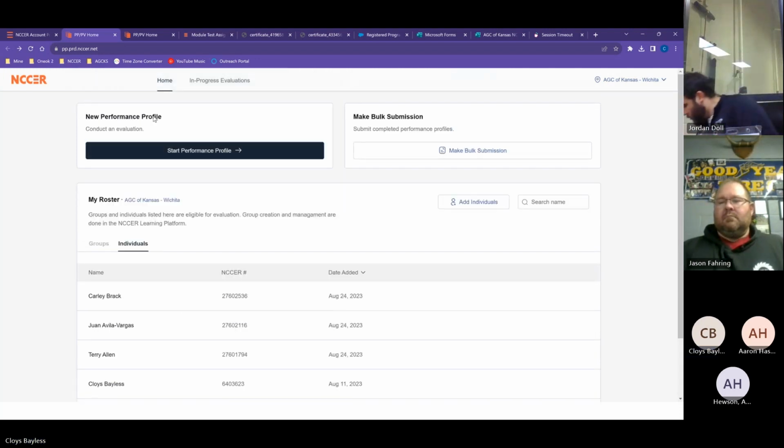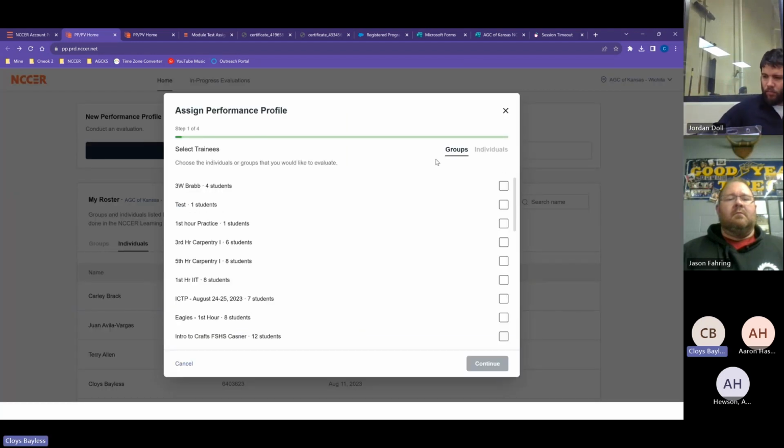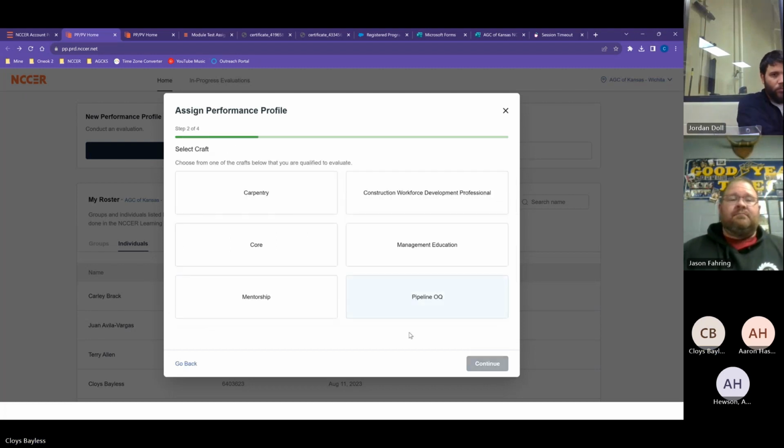All right. So I use the new performance profile, start performance profile in the top left. I'll choose it. Then you can choose your group or your individuals. Okay, I'm going to choose an individual myself. That way I don't mess anyone else's records up. Then you'll choose what it was.